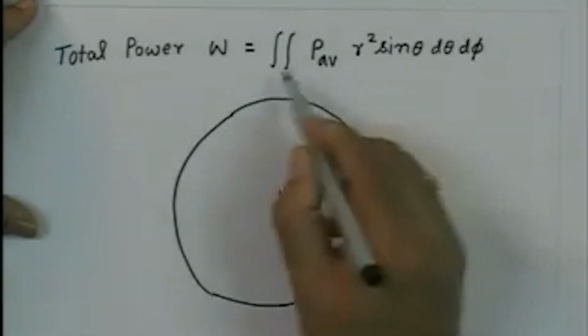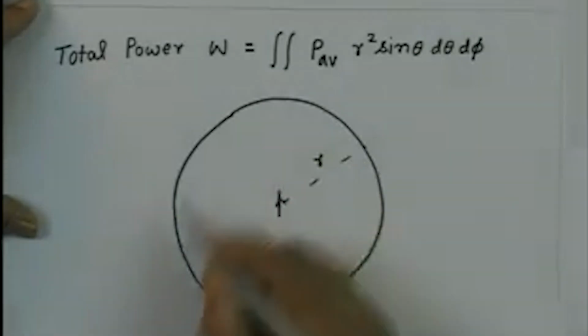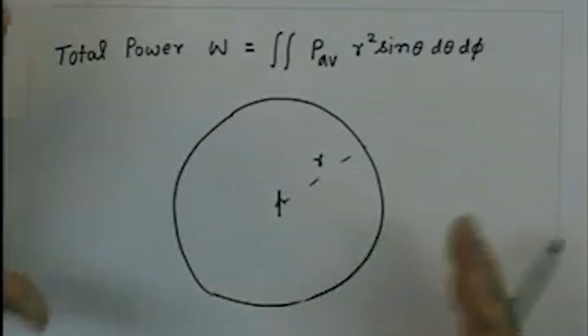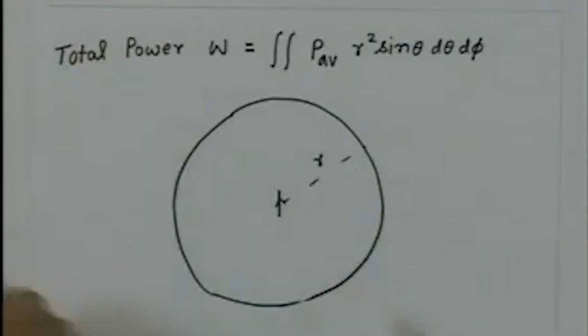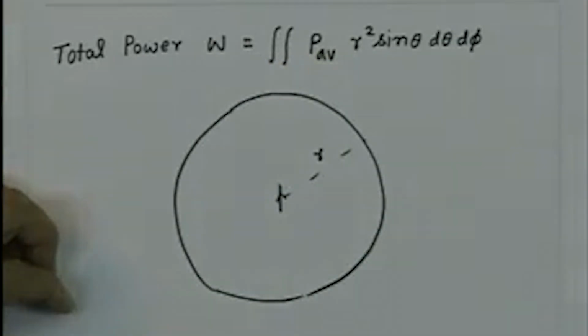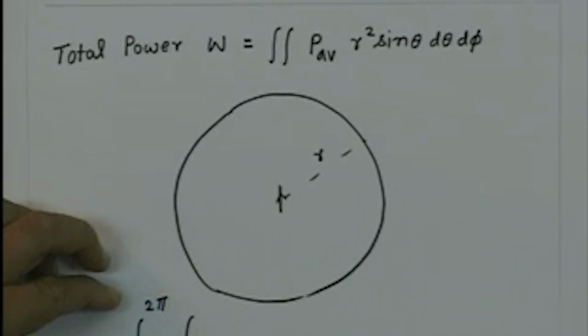So if I integrate over the total surface area, that means if I integrate over all thetas and phi, then I will get the total power radiated by the Hertz dipole. So this integral we can write as W equal to, as we know, limits for phi is 0 to 2 pi, the limits for theta is 0 to pi,